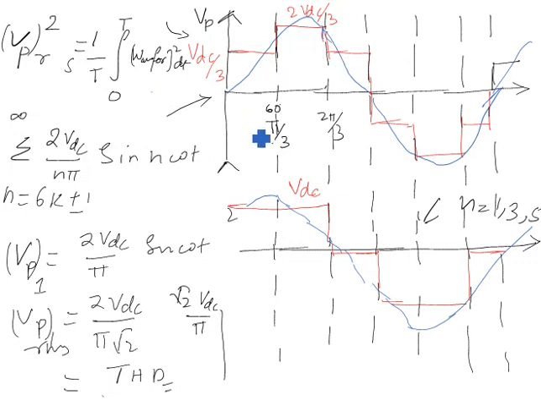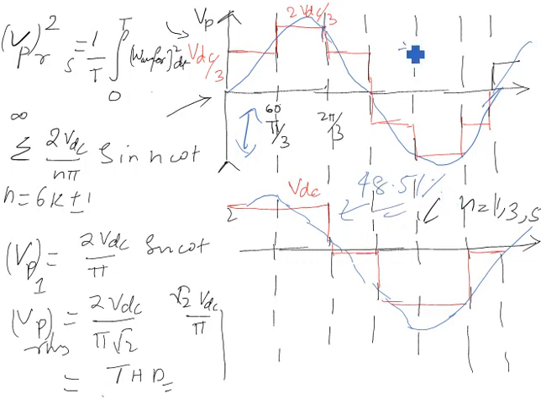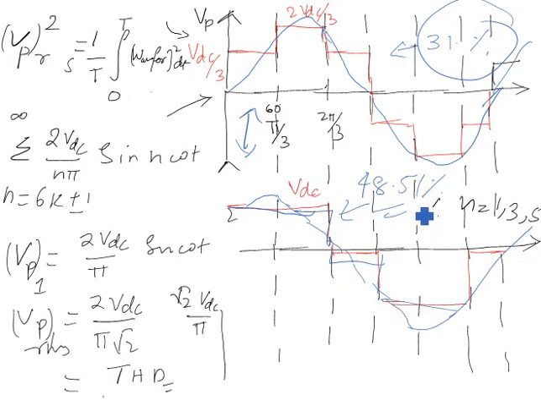THD will be very low. If you compare the THD of these two waveforms, this is a square shape, that will be 48%, 48.51%. I have already told you. So this THD will be 48%, but here the THD will be around 31%. So calculate this. THD tells you how much the waveform is similar to a pure sine wave.